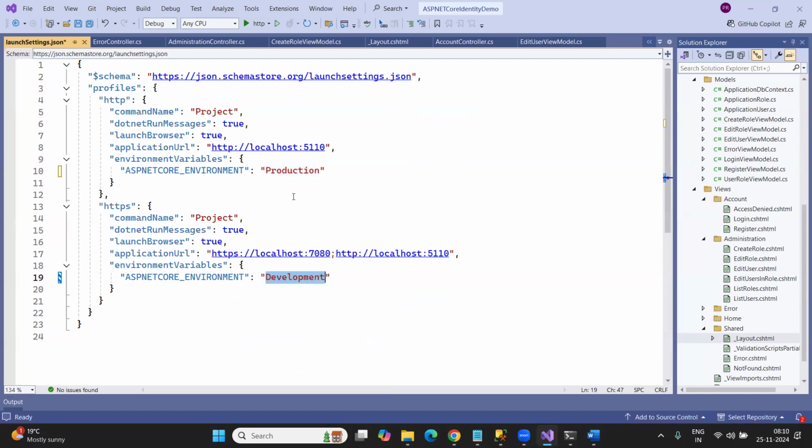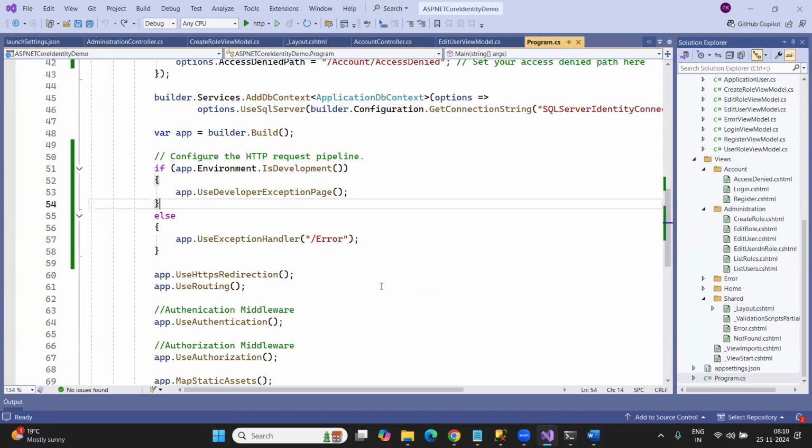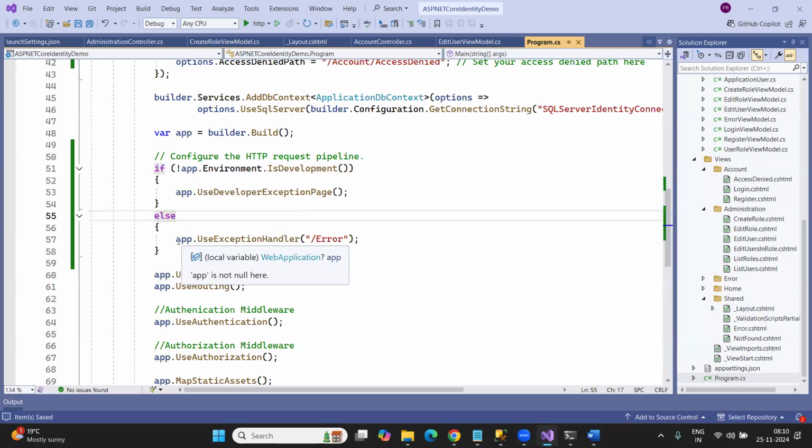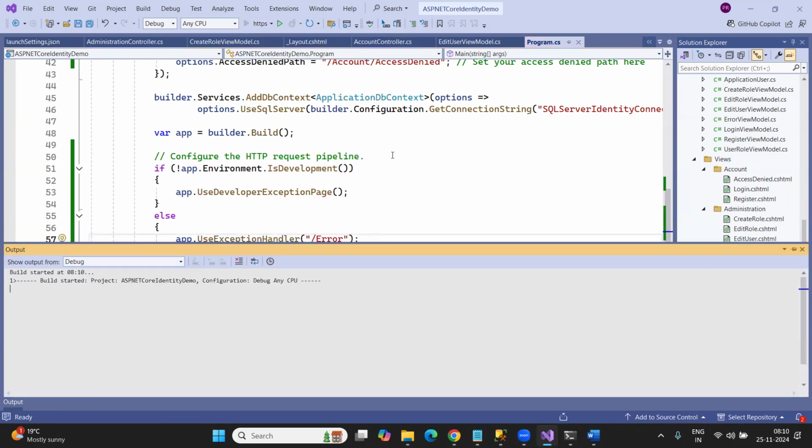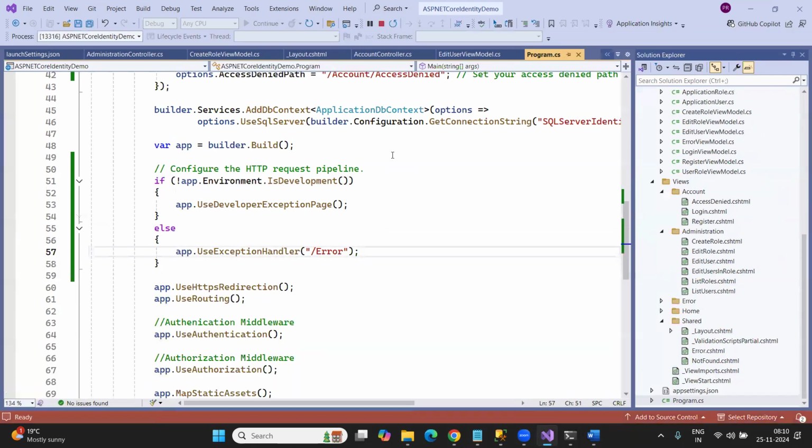Let me put this as development. And what I'm going to do is do this in another way. So what is the other way? If the environment is development, in the development environment, we want to display this error message. Okay, so let me run the application,